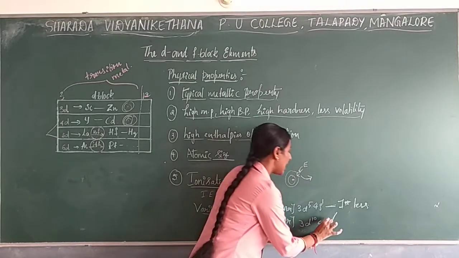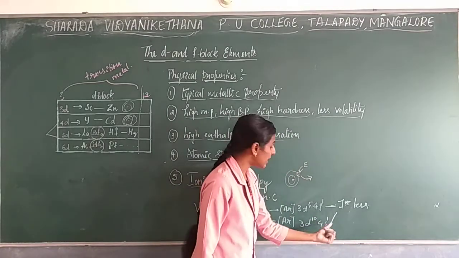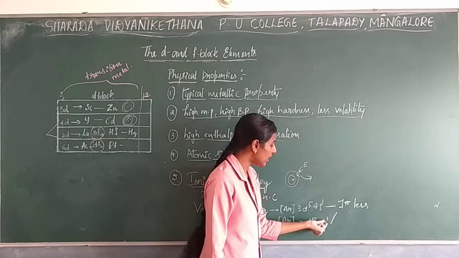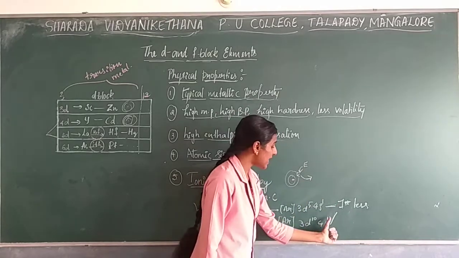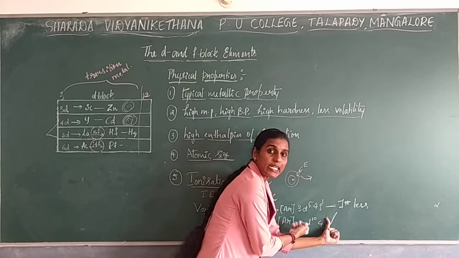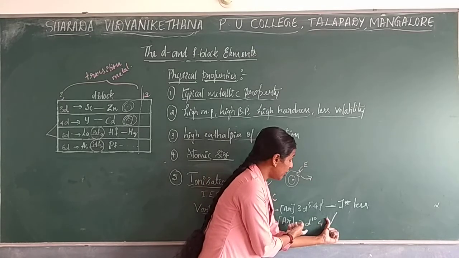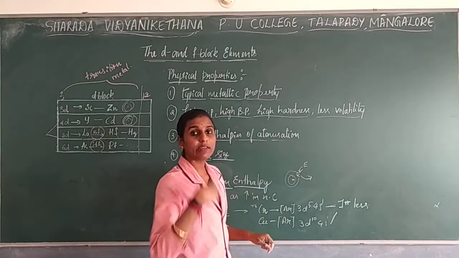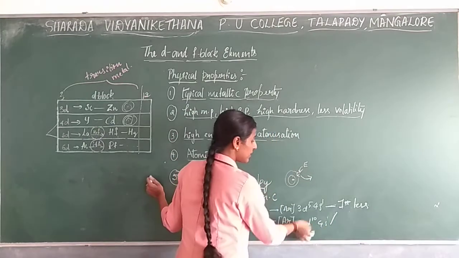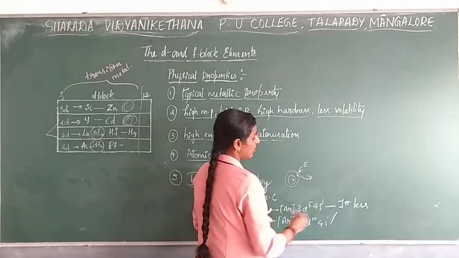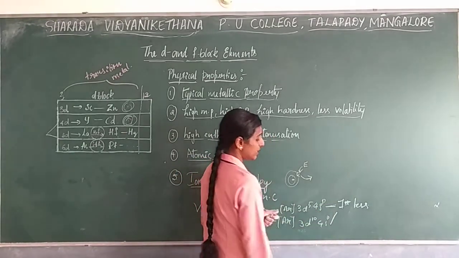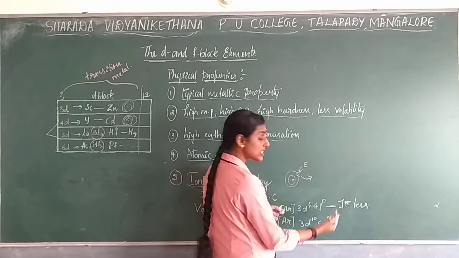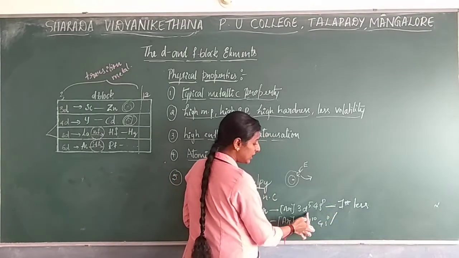The first ionization enthalpy, in the sense of electron removal capacity, the amount of energy that you are giving, should be less, because as you remove the electron here, the completely filled d orbital will be seen, which gives more stability. But if you go with the second ionization enthalpy, now that you have removed one electron, it is 0. Now you are going to remove the second electron. From where are you going to remove the second electron? That is from the d orbital.